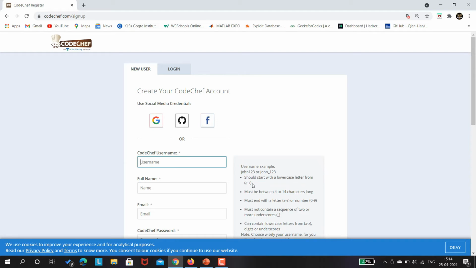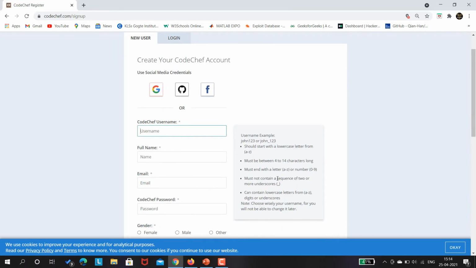That is you can't use block letters or capital letters in your username, and it should be between 4 to 14 characters long. It cannot be less than 4 and it cannot be more than 14, and it must also end with a letter or a number, and it must not contain a sequence of 2 or more underscores. That is, you cannot have a username which is having 2 underscores consecutively. However, you can just have a single underscore.